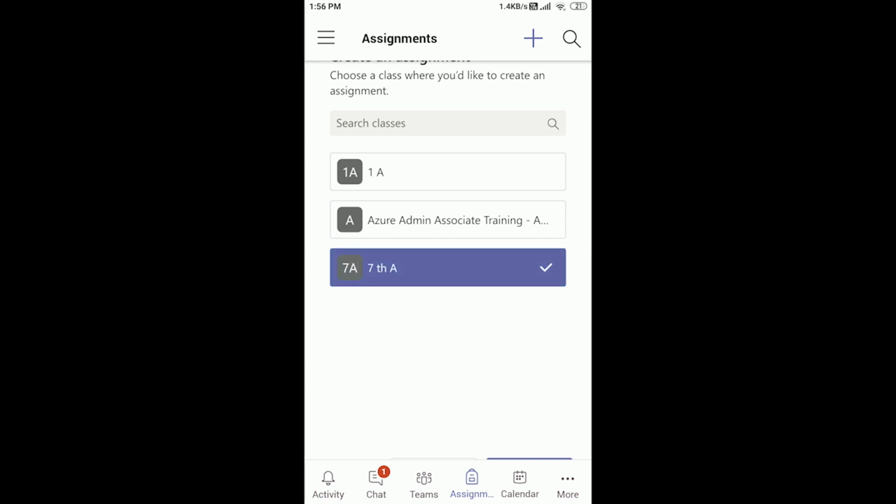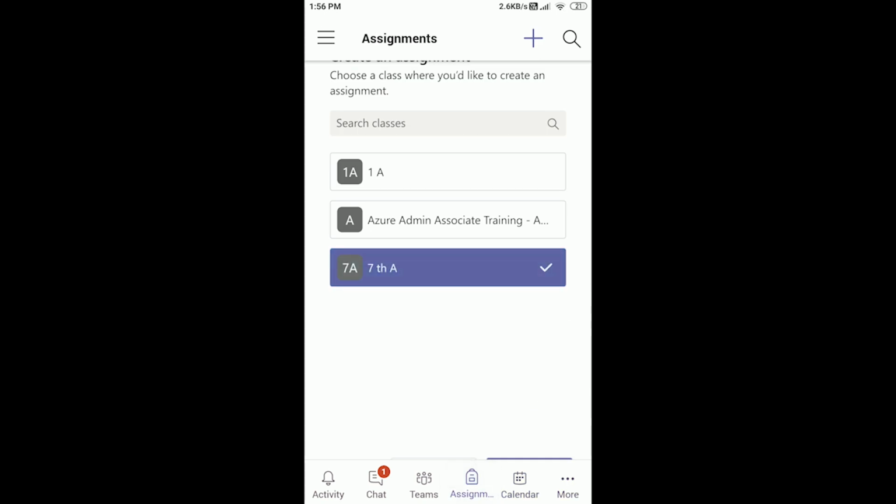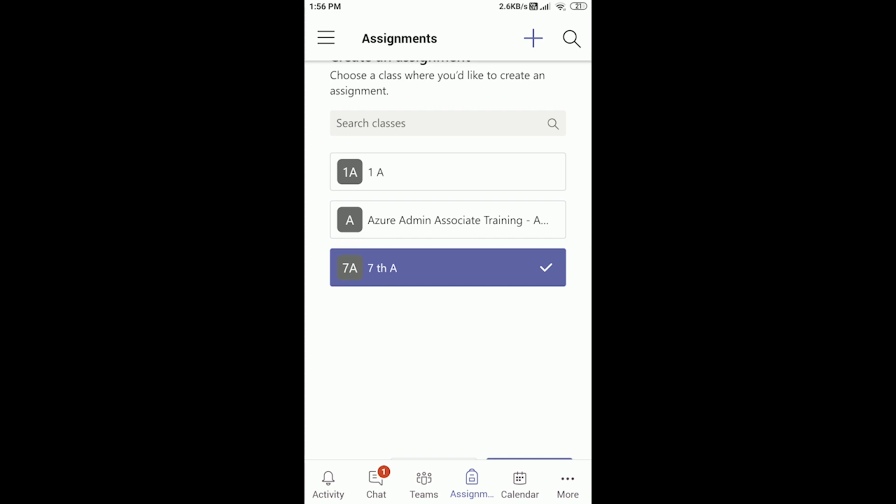Okay, so if we select the assignment button, we can add an assignment also from here. Okay, so that's all about the assignment.